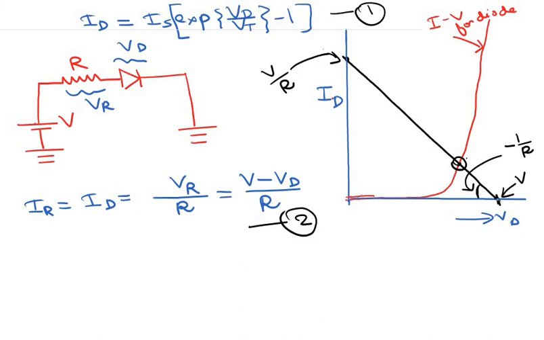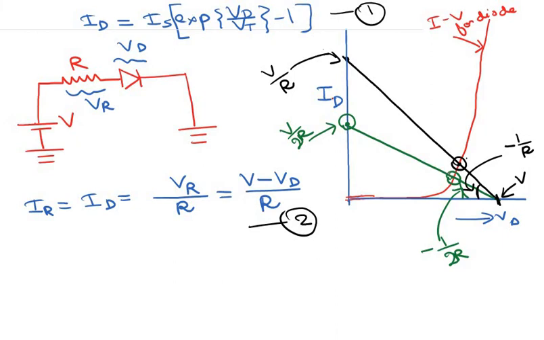Okay, so we would be getting another line here with a different slope, and this slope here, because the resistance has become 2R now, is actually minus 1 by 2R. And at Vd equal to 0, the current is actually V by 2R instead of V by R. So we get a different solution point now.